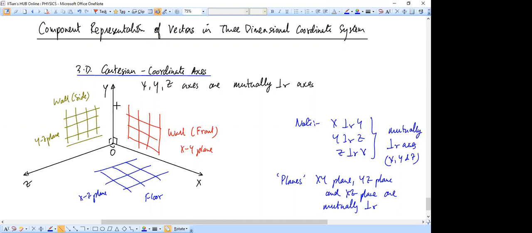So this is the convention you follow, right? If you take the origin as your front left corner, then the edge on the floor in front of you is your x-axis. The edge that is going vertically to your left is your y-axis, and the other edge between the floor and the wall on your left becomes your z-axis. So that is the convention that we follow.